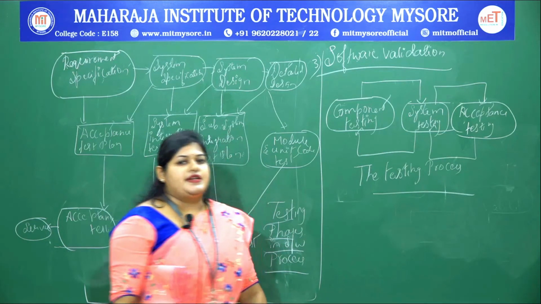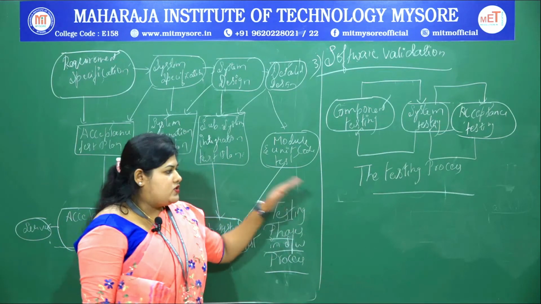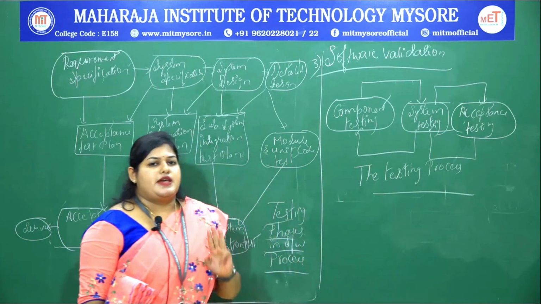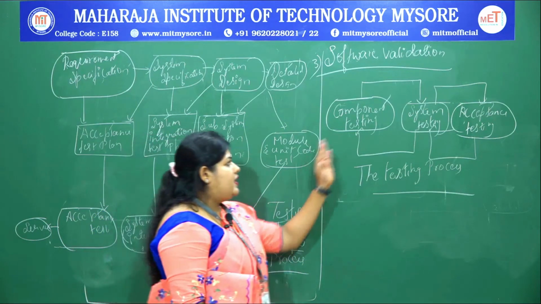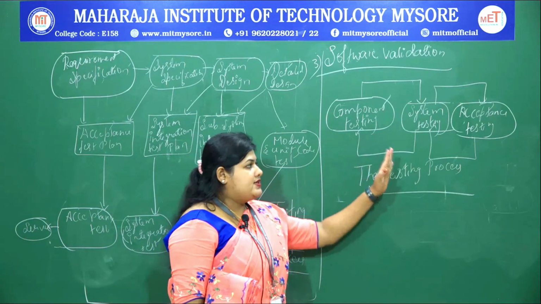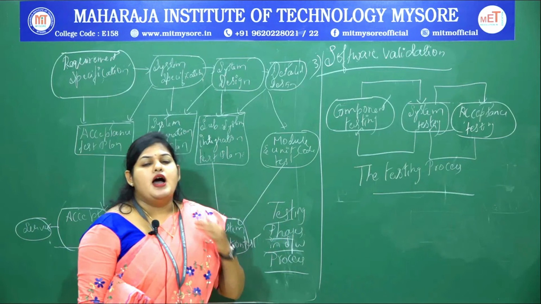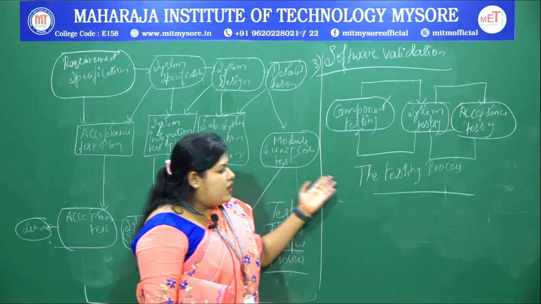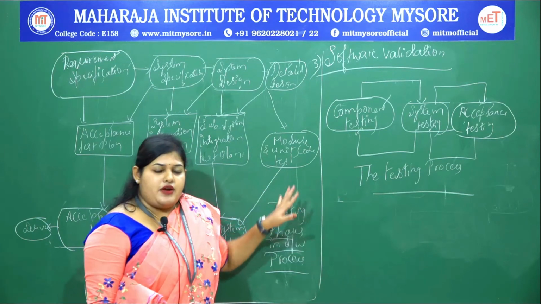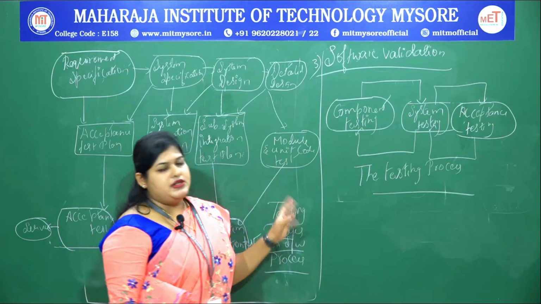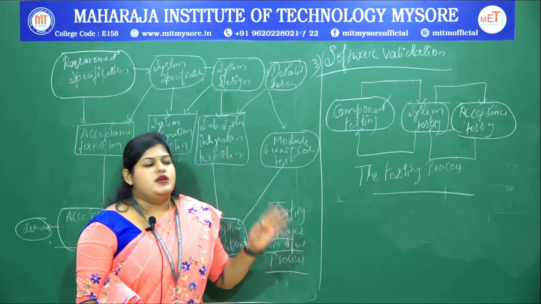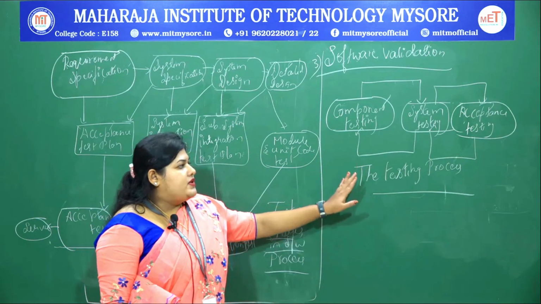So, how will they test it? How can we test the required software? Basically, that deals with three steps of the process: component testing, system testing, and the third one is acceptance testing. You could ask directly: so far we have gathered the requirements, we have done the report, and accordingly the design will be performed. Then again, why do we require this testing process? Yes, we require this.